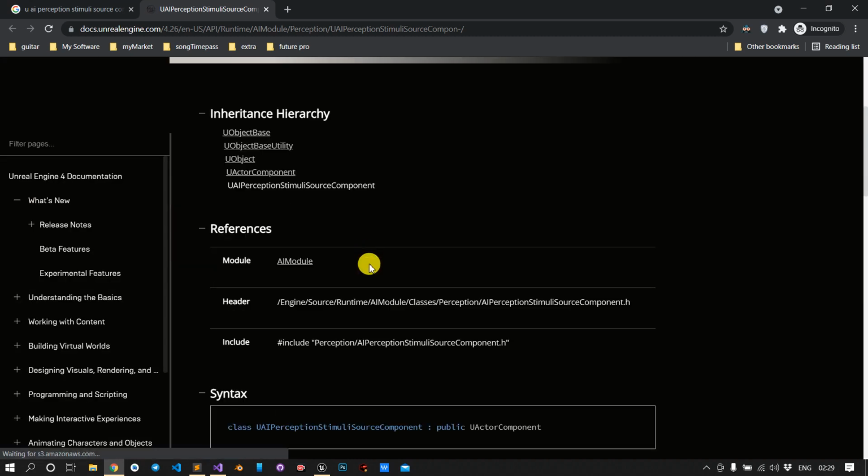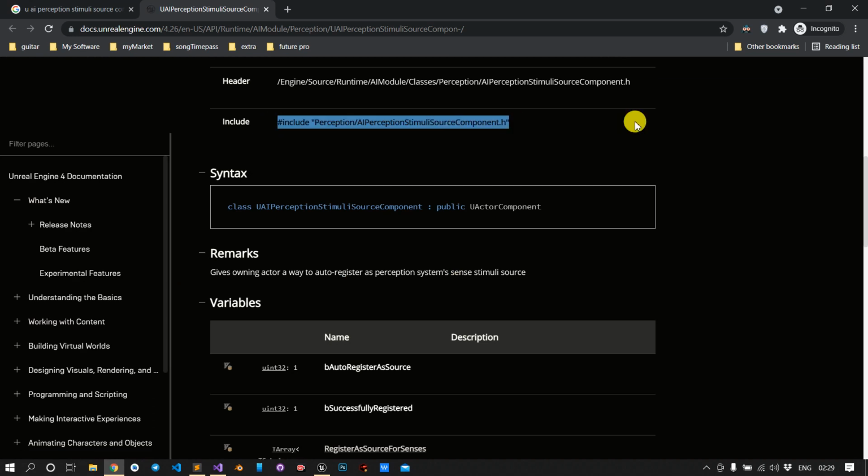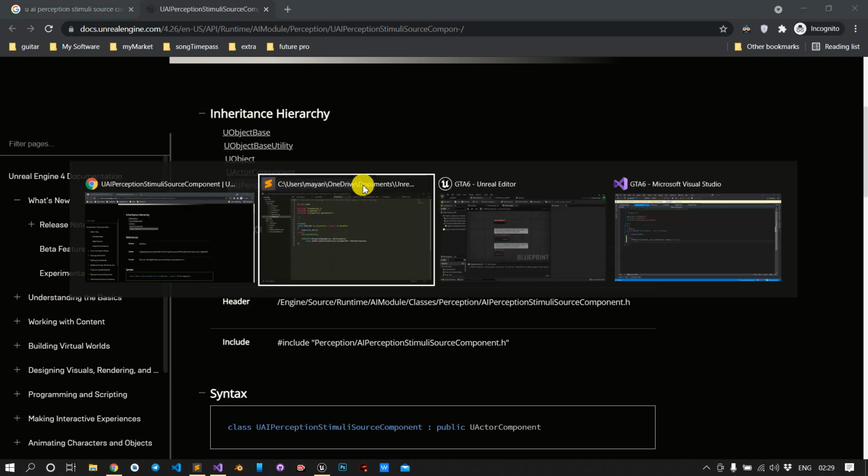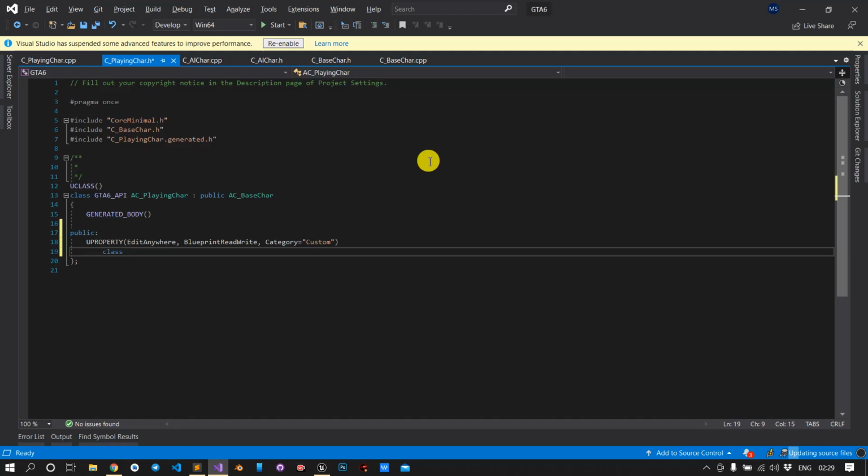My net was slow. We have the header file here, which we need to specify in the CPP file, and you have the class name here. So what we will do is copy it from here and go to Unreal Visual Studio.